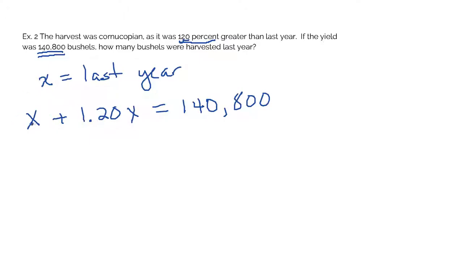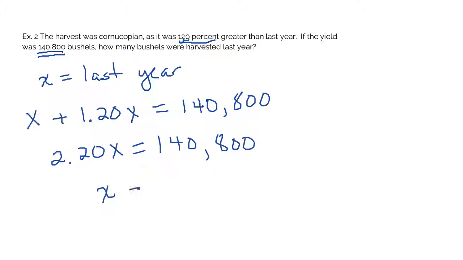I always set it up as 2 parts, but in the book they just do 220 every time, or 240, or whatever the percent is. If it would be 250%, then you would do 350 when you add it to last year's total. So equals 140,800, and you divide and you get last year's total was